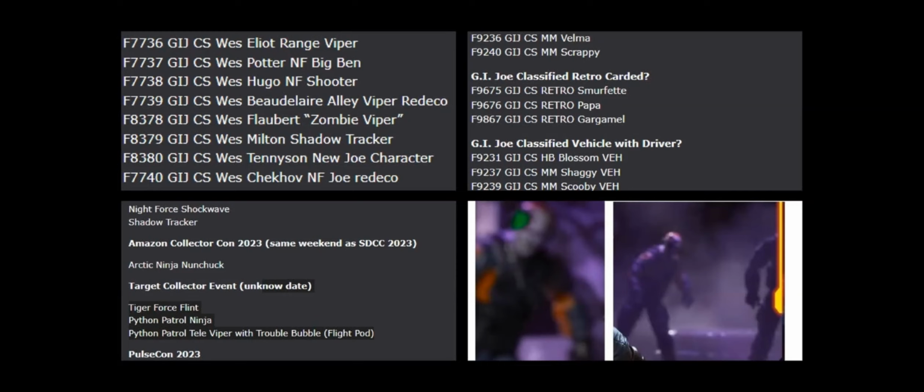Walmart will be the home for the Night Force G.I. Joe sub team, which Night Force was more G.I. Joe than it was anything else. But we are going to see some Cobra redecos for it. And then, of course, hopefully we'll see any of those redecoed figures in the main line as well, too. Once again, they just get to that point of releasing them. So what we do know for the